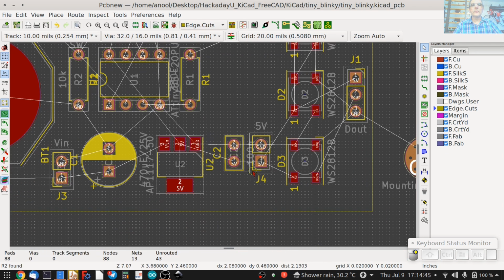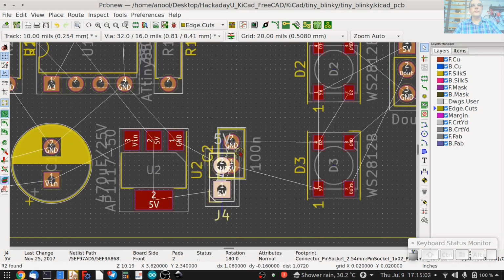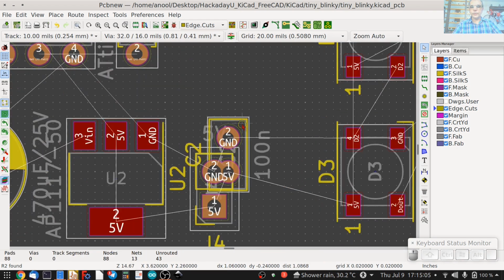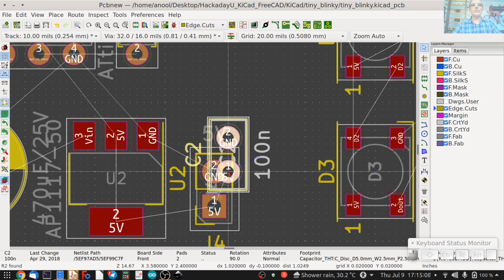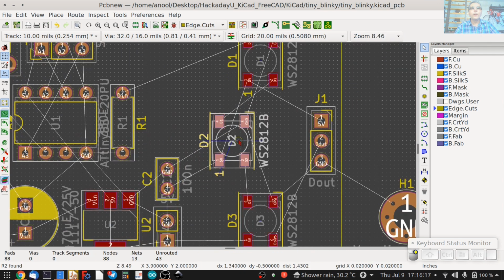We can move this header and keep it aligned with this. So let me place it here, press spacebar, and then I can move along the x-axis and leave this header here. And now let's move this capacitor, select it, M to move it, place it somewhere like so.